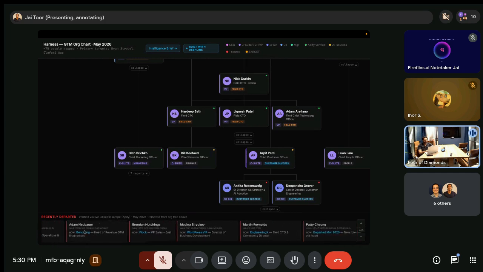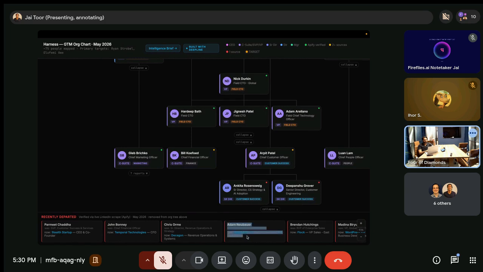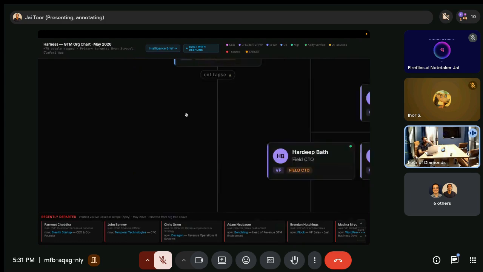And then we also want to flag who we found data for, but based on more recent data, don't believe that they work there anymore. So we might find someone in 3 or 4 data sources and then say, wait, looks like they actually are now the CFO of Temporal. So that's not someone we want to include. Or this person went to start a company and they should no longer be in the org chart.